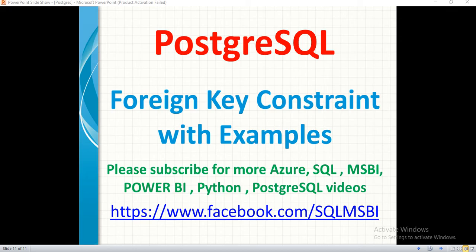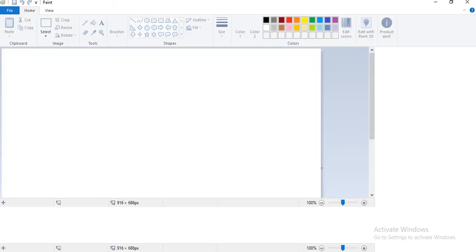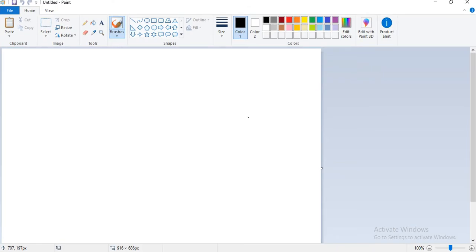If you understand the meaning of foreign key, the foreign key is the constraint which helps us to maintain the data integrity between the tables in RDBMS. This is very important for all transactional databases. As a Postgres developer, it is very important to know this in daily life. So as I mentioned, I need two tables.